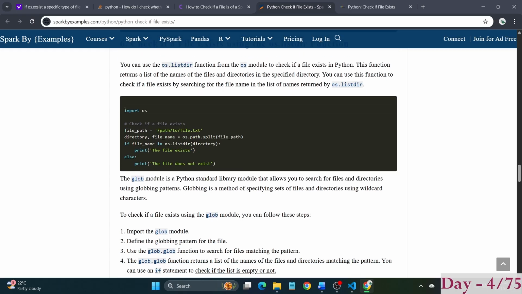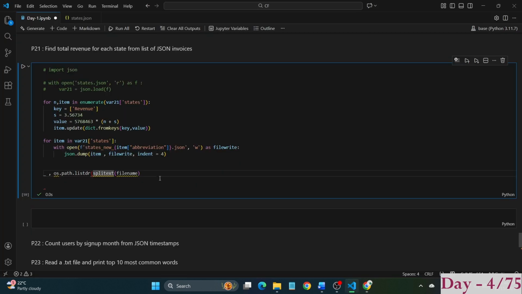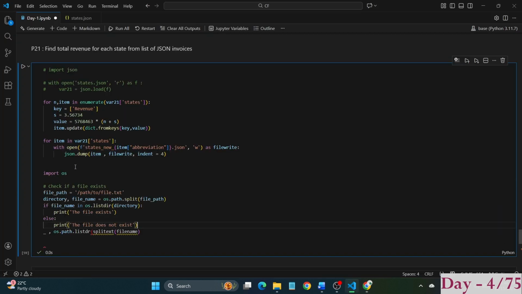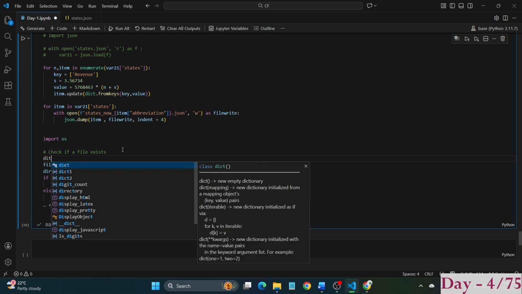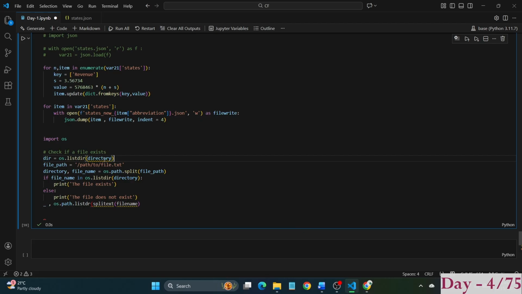Okay, maybe just this code. I want to give the file path as states because that's where we need to check. Okay, file path it should split, but before even doing that, we'll check in the os.listdir. Pass it the list directory. dir is what I'm going to mention, and then just